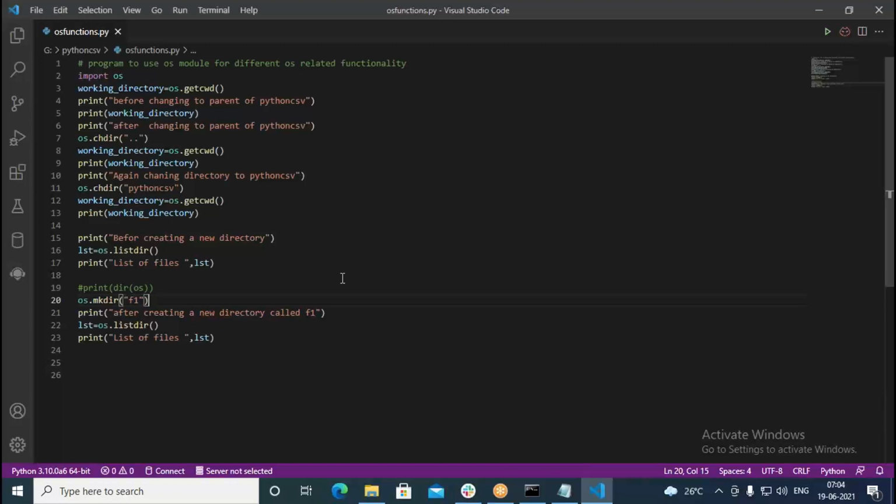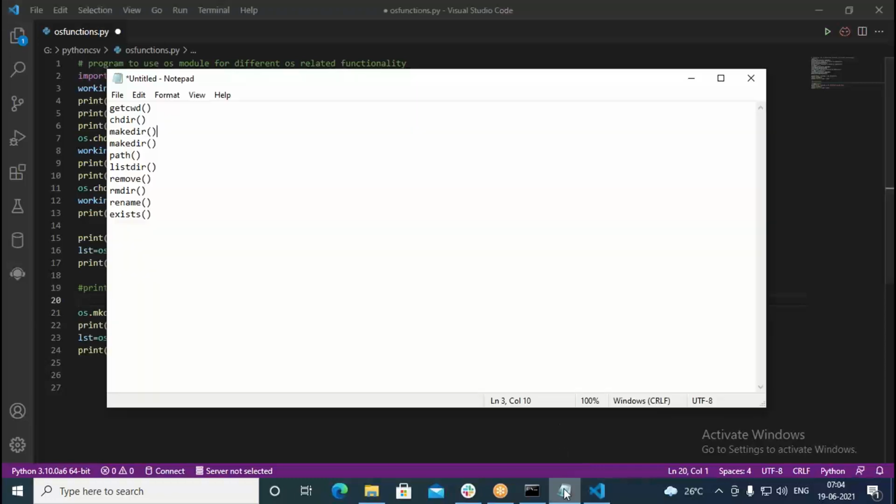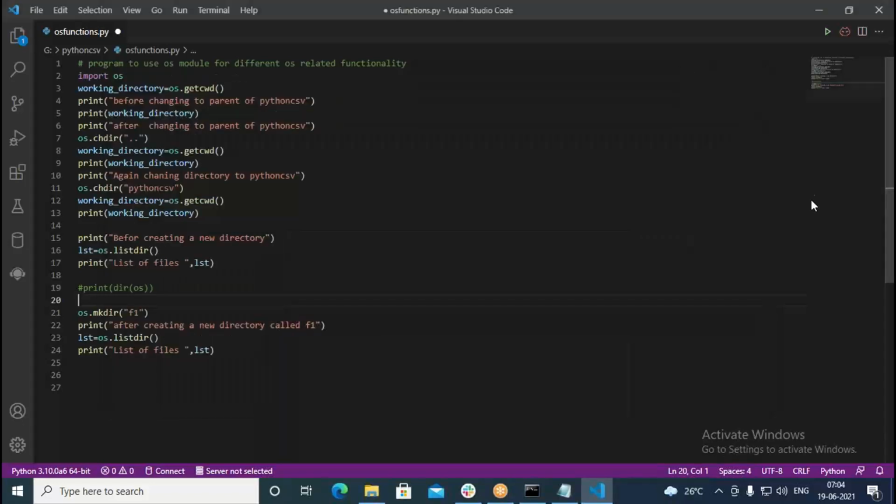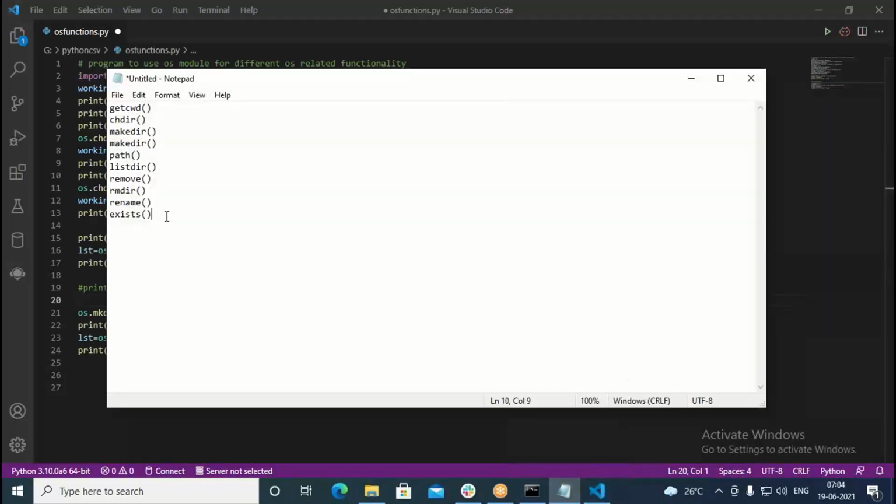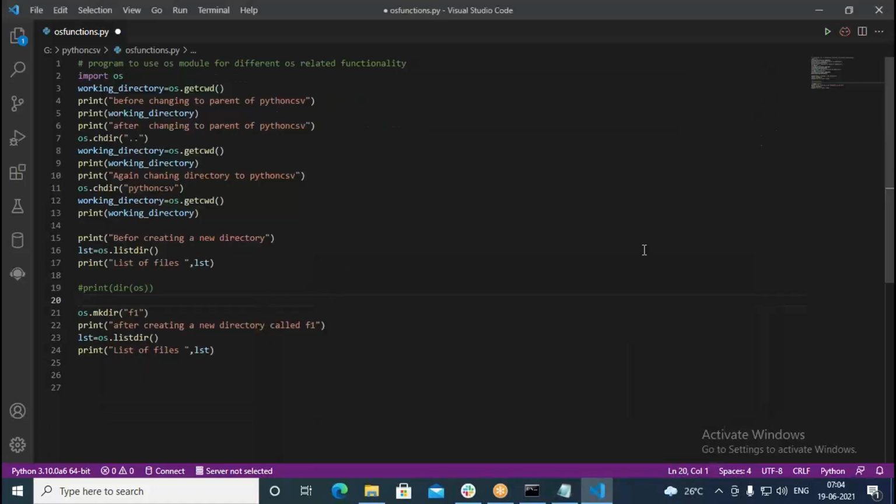Now what do I do for that? I can go this way. I use an if command. As I told, there is one function called exists. Whether the folder already exists or not, we find out there. So here, we have another command called path. We can use path, and with that you can create the entire path.